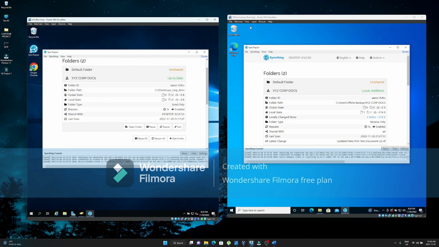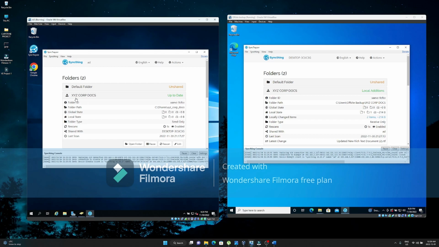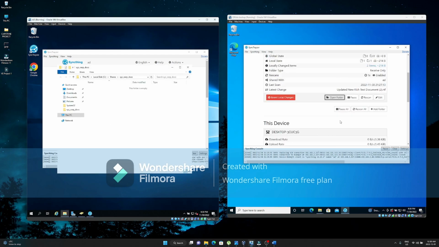The similar software is installed in the backup server. I have set the software to do the backups of the XYZ document, which is originally shared inside the network. And if I open the folder in both of them,